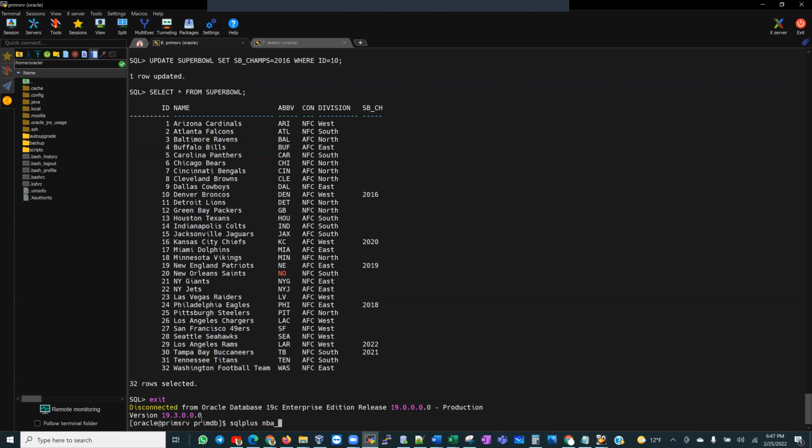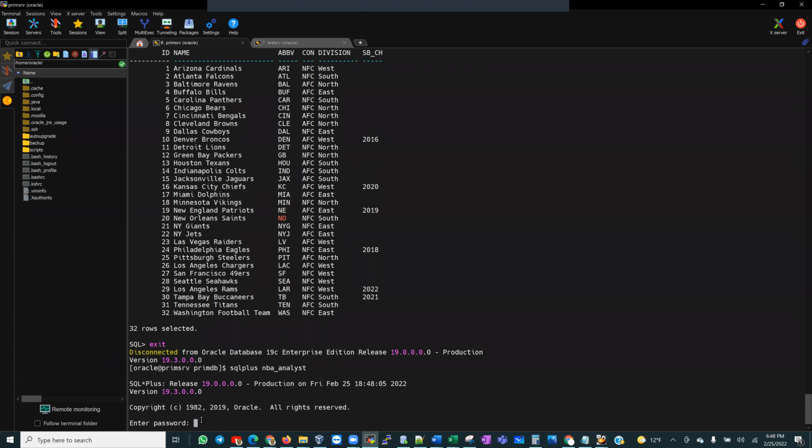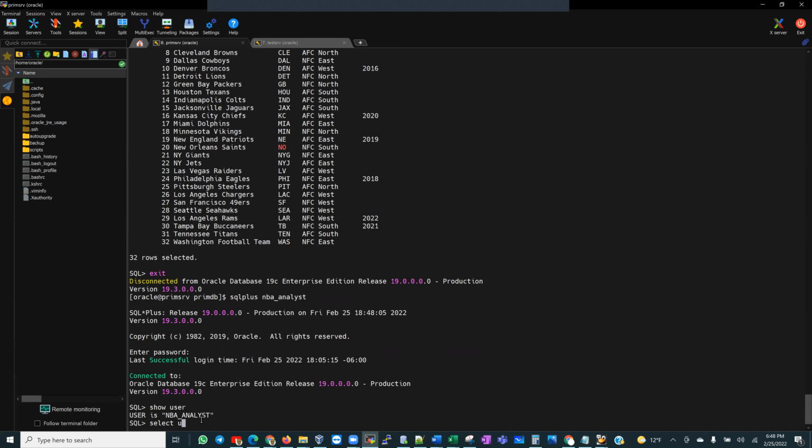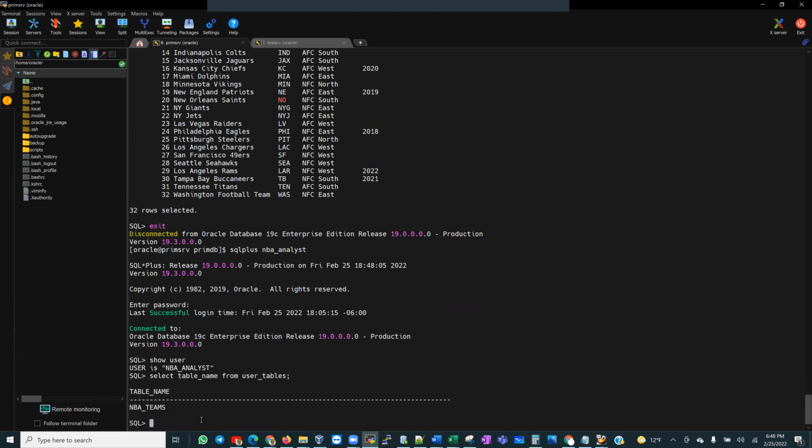NBA teams. No, NBA analyst. Oracle. Okay, good. Show user, NBA analyst, select table name from user underscore tables. Let's just do it. Let's just do something. So let's create a new table. Create table